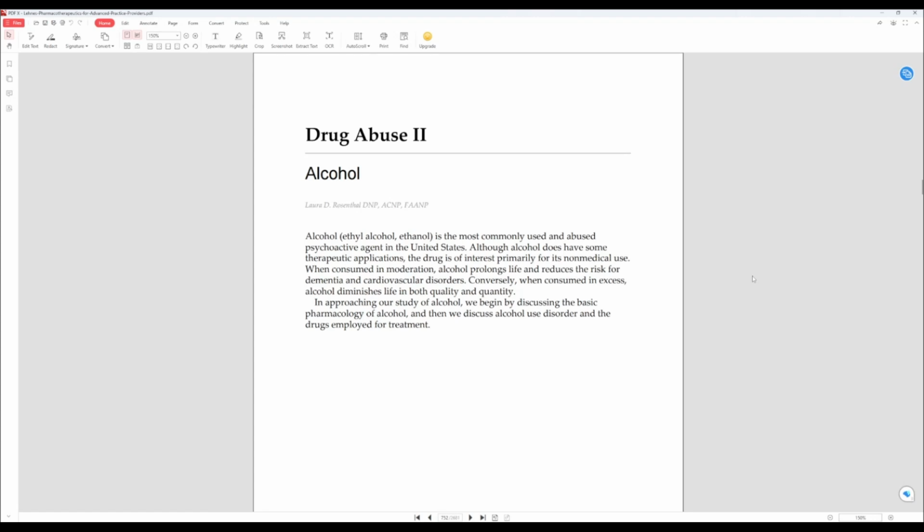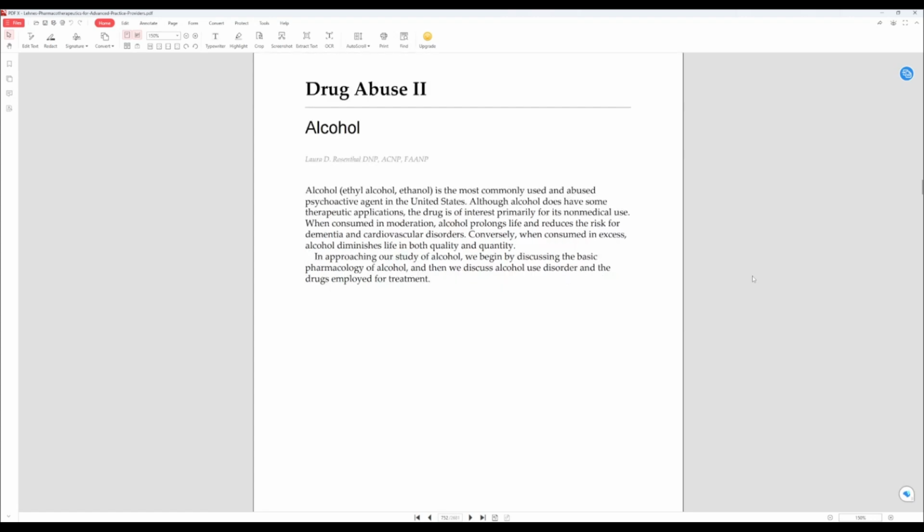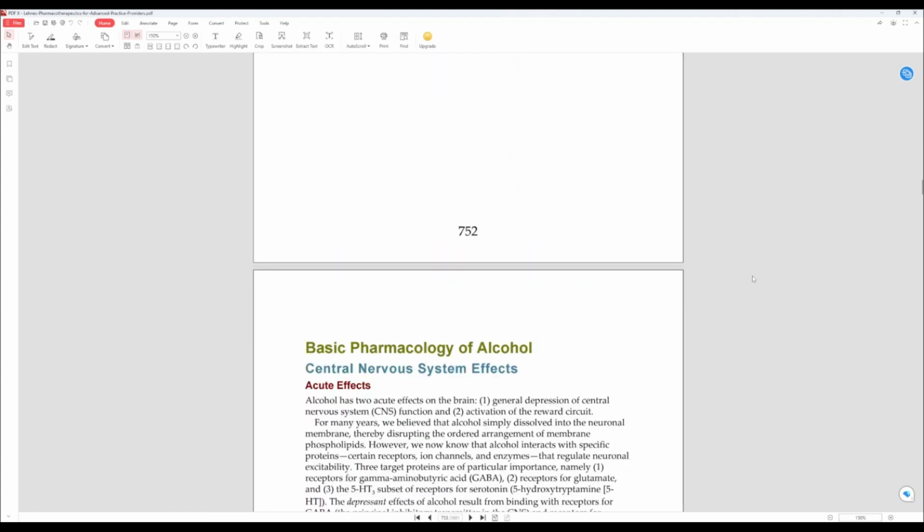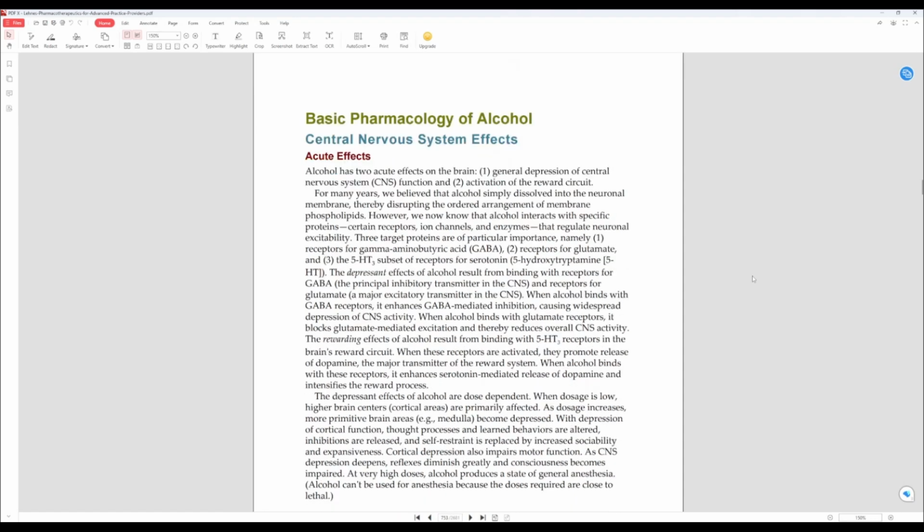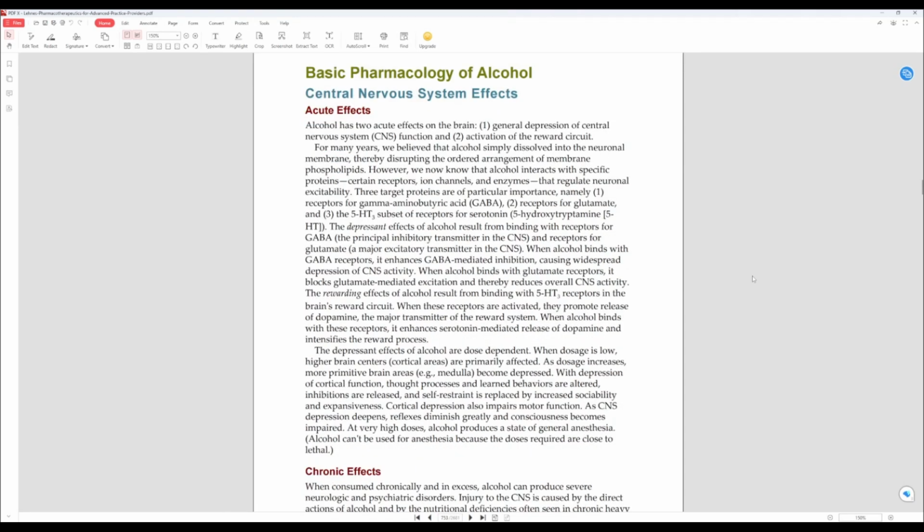In approaching our study of alcohol, we begin by discussing the basic pharmacology of alcohol, and then we discuss alcohol use disorder and the drugs employed for treatment. So, we'll jump right into the basic pharmacology of alcohol. The central nervous system, its acute effects. Alcohol has two acute effects on the brain: general depression of the central nervous system function, and the activation